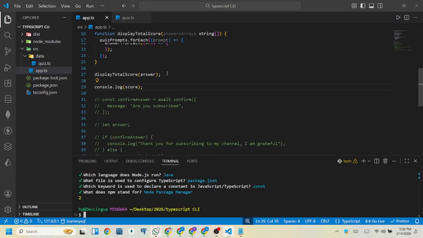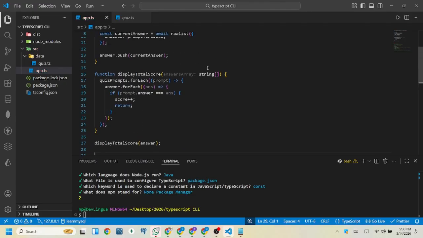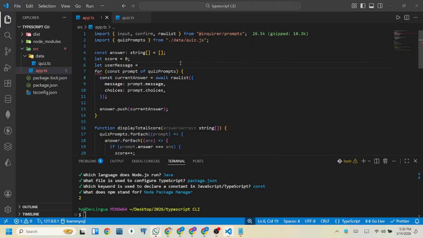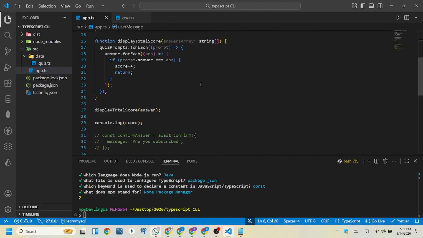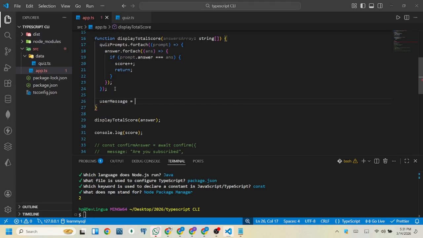I'll come here and say const, maybe I could do something here. Okay, so here I could say let user message. Initially you could just let TypeScript know it's going to be a string. Then I'm just going to come down here and say user message is equal to, and here I'm just going to return user message is equal to